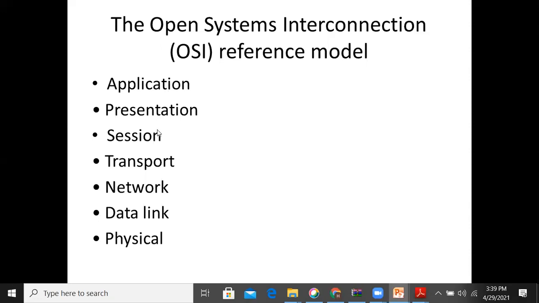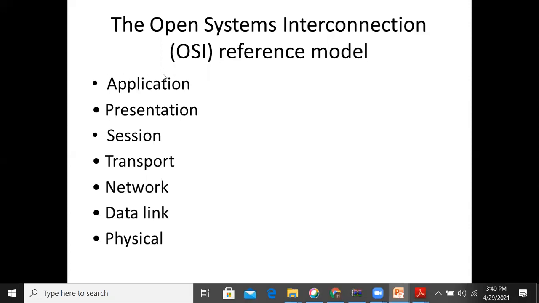Now, coming to the OSI reference model, there are, sorry, 7 layers. Whatever the TCP/IP layers are, their functionality is subdivided and 7 layers are formed. These are the 7 layers of the OSI reference model. In detail we'll be discussing it in the next class, but you should remember this.